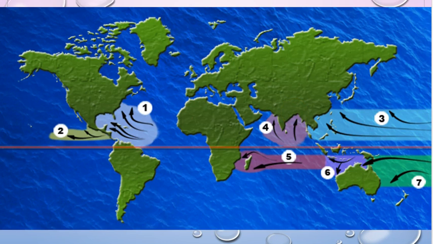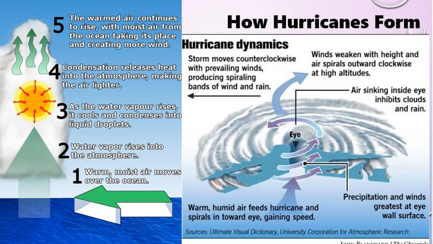But it's really all just the same pattern over and over. And this is the way that these hurricanes are forming. So that warm, moist air is coming from over the ocean, and then as it rises, that water vapor is being brought up with it, and it's cooling, it's condensing into liquid droplets just like any other storm would form. This continues to make it rise, and as more and more thunderstorms start to join it, you start to get